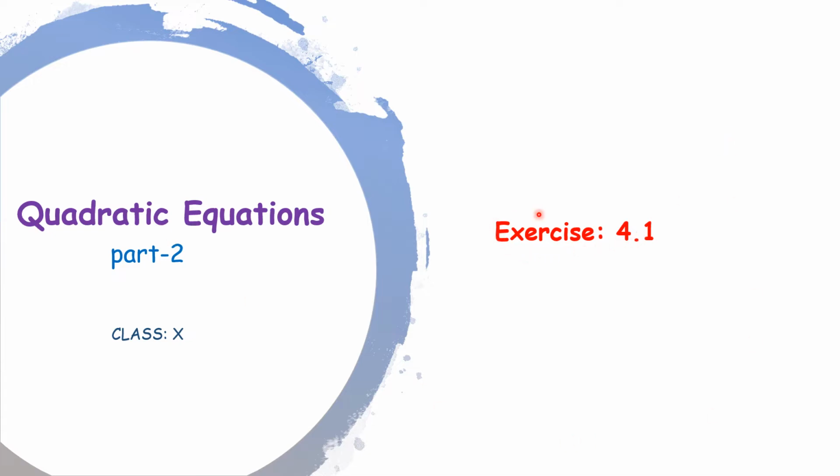That is what we saw in the last class, and we have just started with exercise 4.1, which is your first exercise, and we dealt with one sum, right? First sum, identifying whether it is a quadratic equation or not. We simplified and looked at the final form. If it is in the form of ax square plus bx plus c, we conclude that it is a quadratic equation.